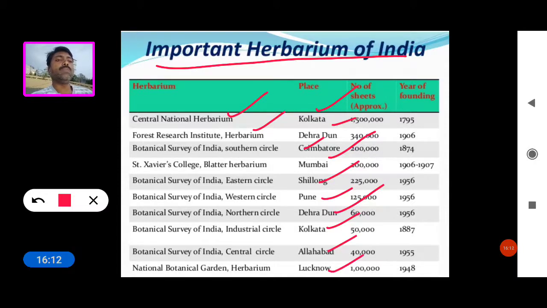These are some important herbaria and their locations in India.